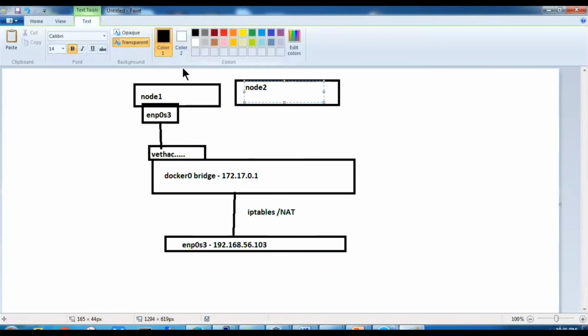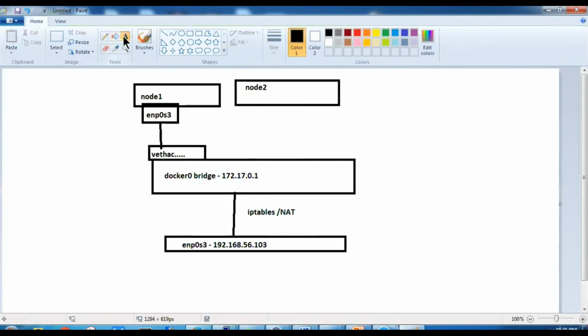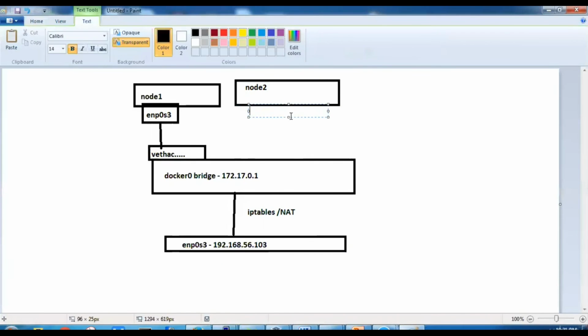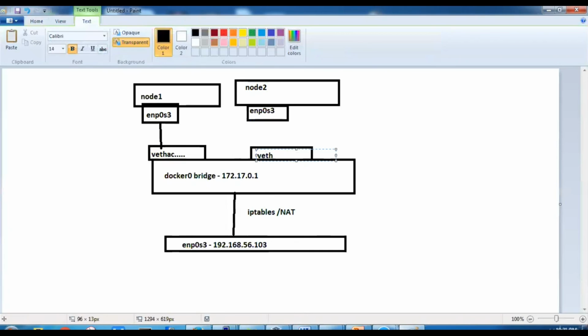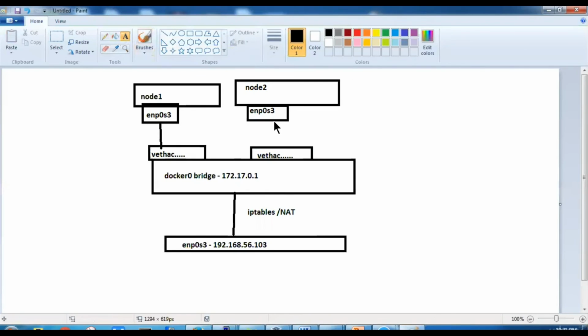It also gets one interface attached, so here it will again be ENP0S3, and similarly for the interface on the bridge, it will create a virtual interface with a name like VETH and so forth, and these two get connected. So this is how the whole networking works.